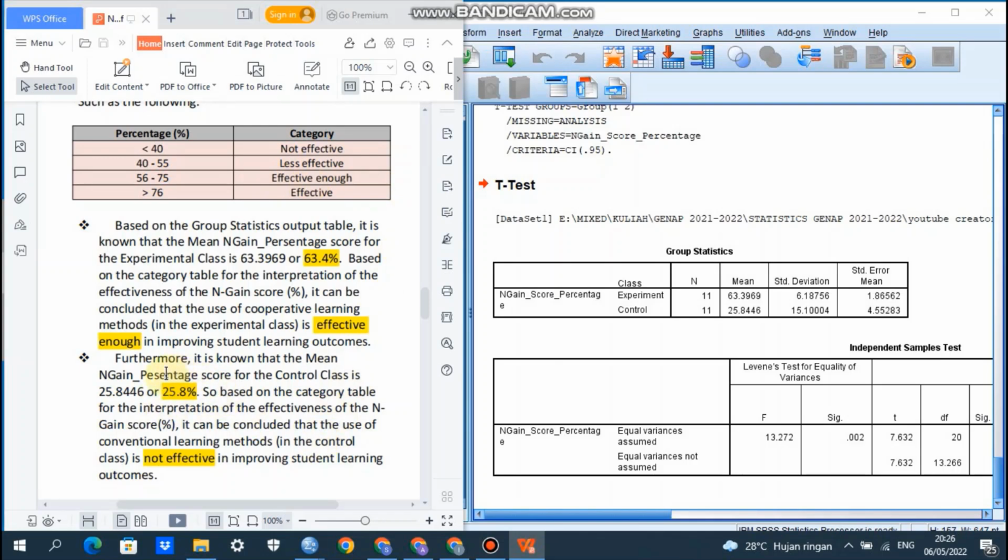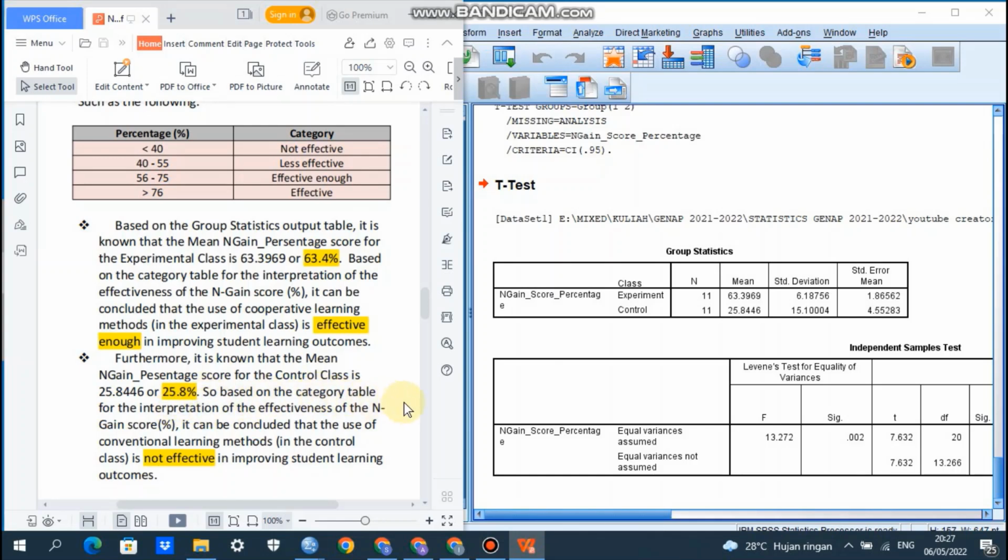And then furthermore, it is known that the mean gain percentage score for the control class is 25.8446, or we round up becomes 25.8%.